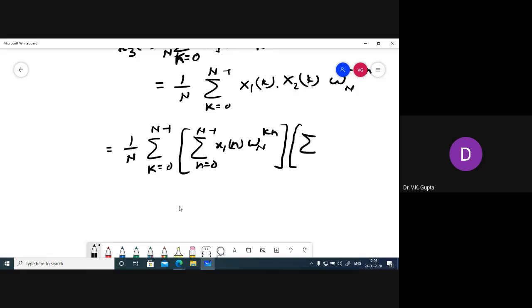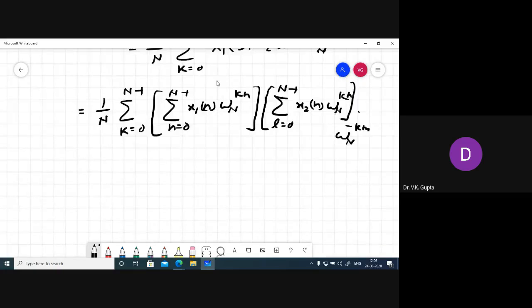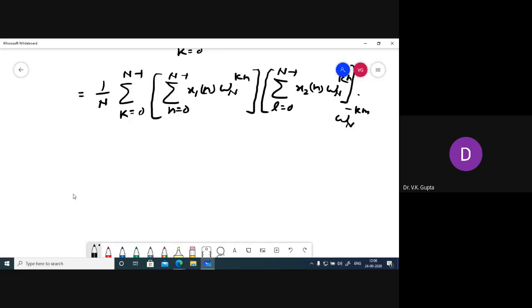X2(k) can be written as sigma l equal to 0 to N minus 1, x2(l) W_N^{lk}, into W_N to the power minus km. So 1 upon N, sigma